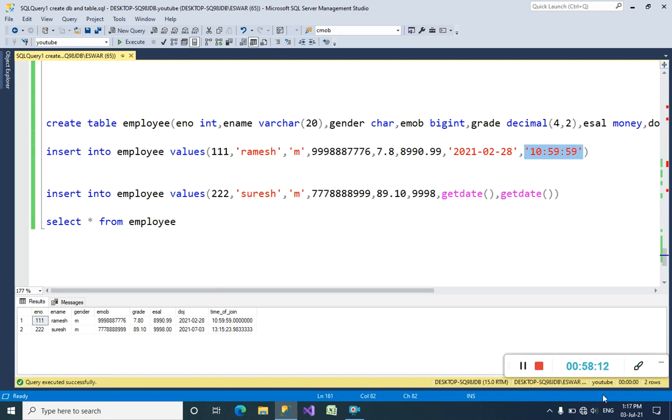But when you call the GETDATE function, it will automatically bring the time value to the time data type column. So here time of join is a time data type, so it will give us 13:15, yeah, 13 means 1 p.m. When you execute this function at that time, it is 1 p.m., 15 minutes, 23 seconds, 98333 sub-seconds. Yeah, guys, in this format we can insert values,